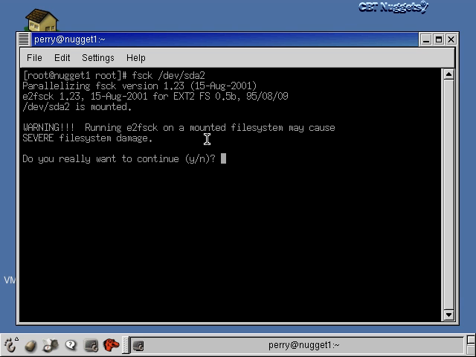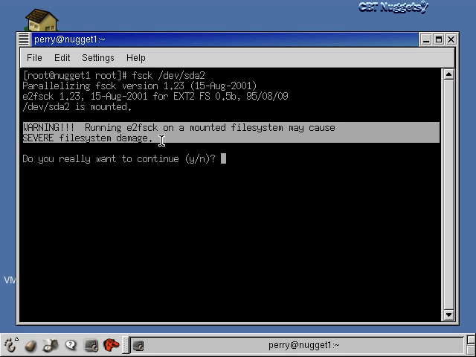Now when I run this, a couple things happened. Let's talk about that. I ran the fscheck command, but internally the operating system ran the e2fscheck command, and that's because I'm running an ext2 file system. That's the type of my file system. So the operating system detected that, and then it chose the e2fscheck utility as the subset of the fscheck utility that I picked. Then it told me that the dev SDA2 partition was mounted,